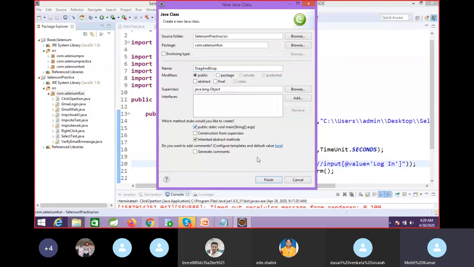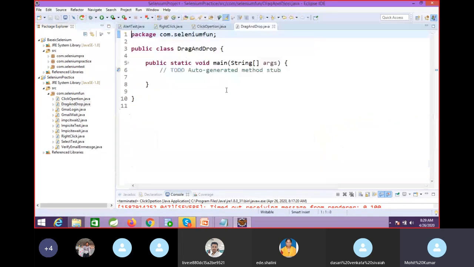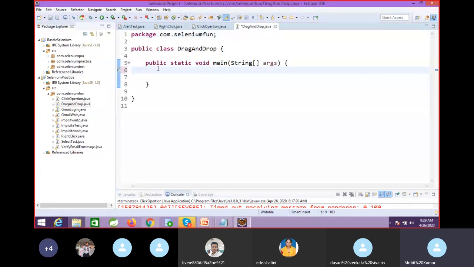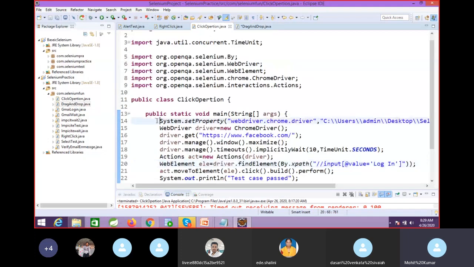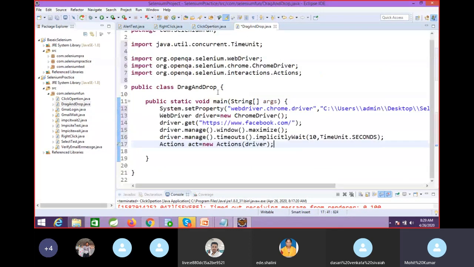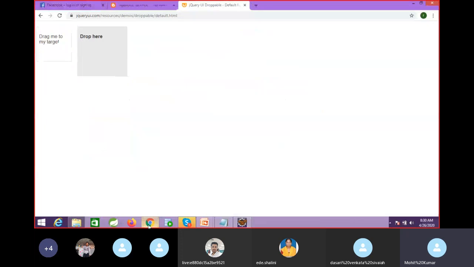We need to find two elements, source and destination. I'll just copy and paste from what we have till now, because we need to create the action class object as well. And we need to change this URL as well.